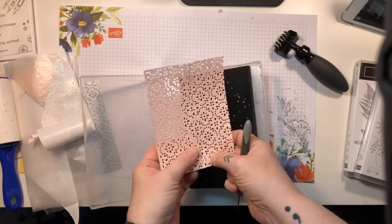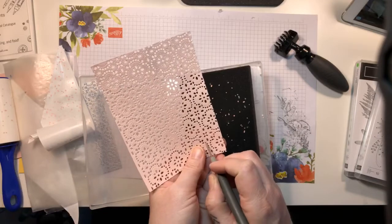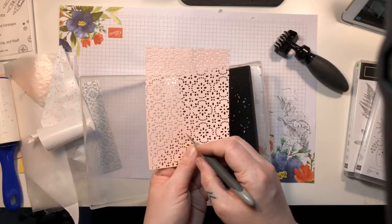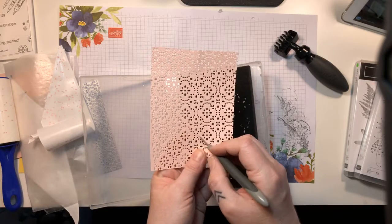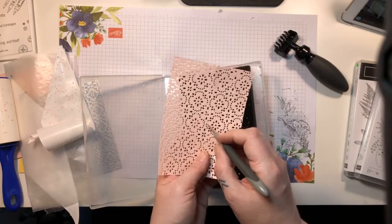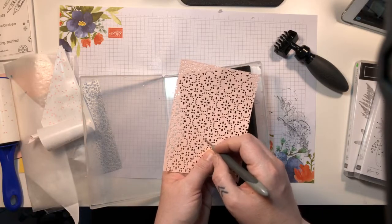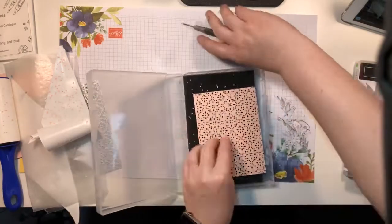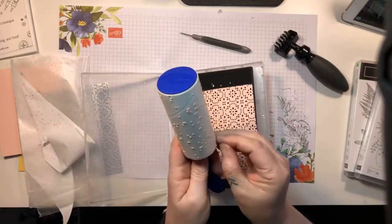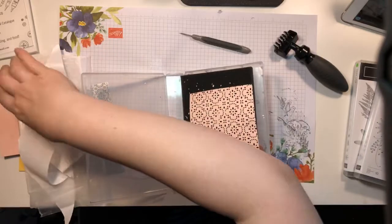Oh, hi Meredith. Isn't this die beautiful? I was really worried when I read this demonstrator's review saying that she was so excited to get it, and then she used it and said it's too much work, it's too hard to use. So she provided a whole bunch of tips of how to do it easier so that we wouldn't have to suffer. I don't think it should take this many pieces of the lint brush, but I also wasn't taking it